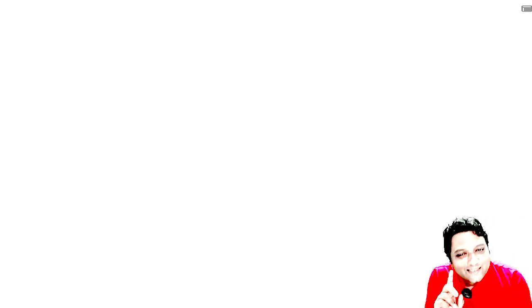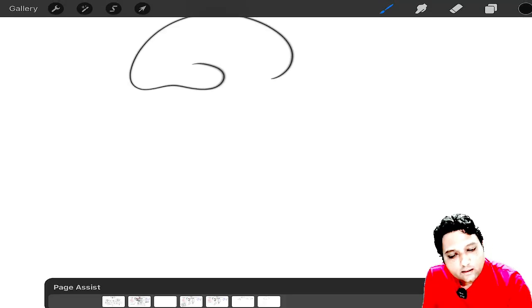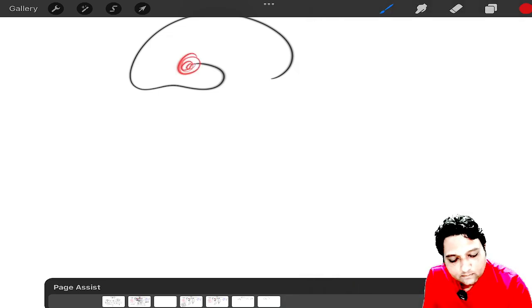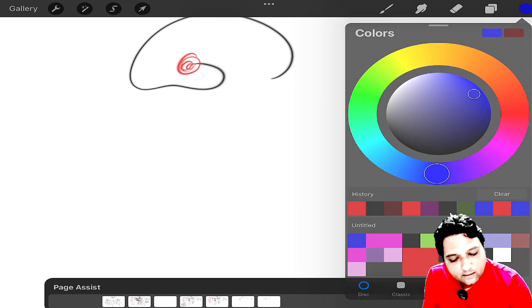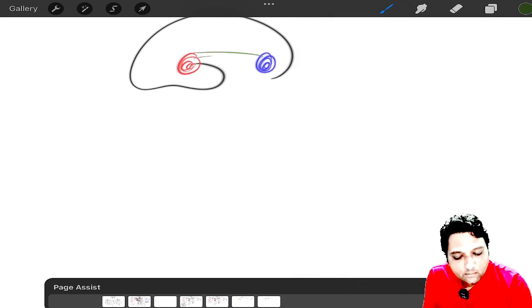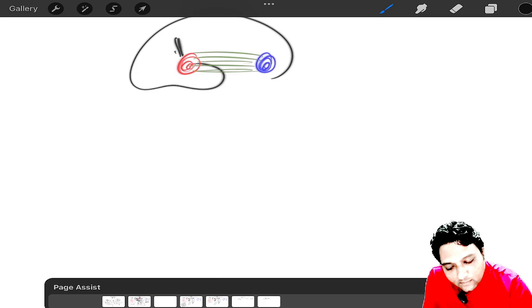So speech has two main components. First, understanding is done by Wernicke's area, and expression is done by Broca's area. Now let's say, here are Wernicke's area and Broca's area, and these are connected by the arcuate fasciculus. Now, if there is a lesion in